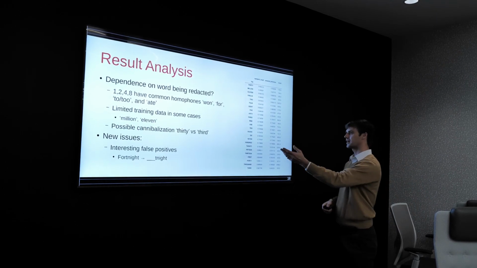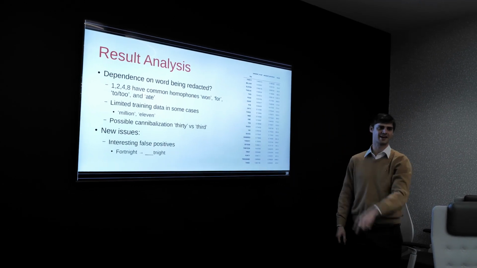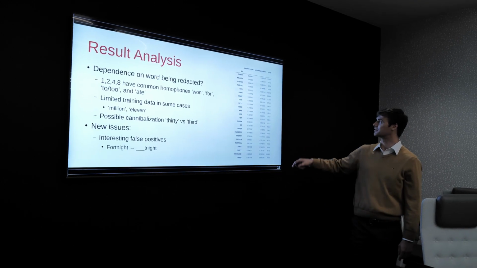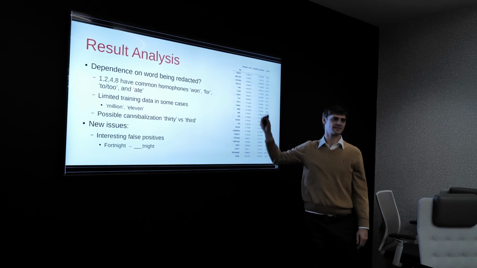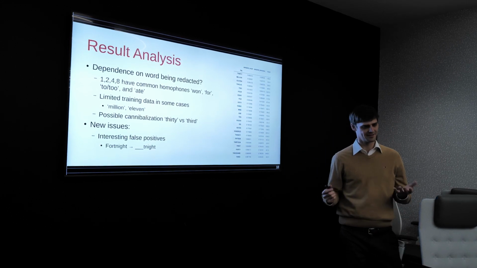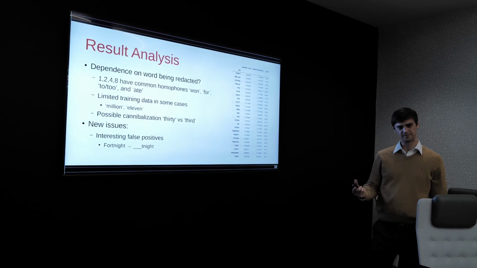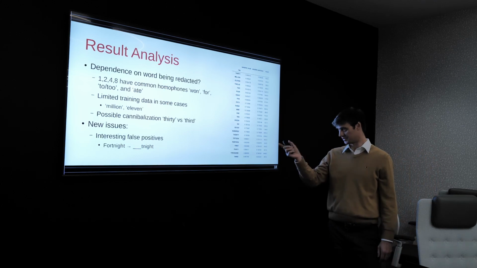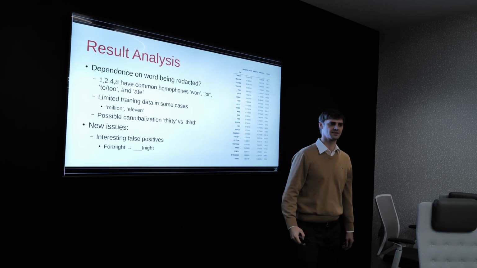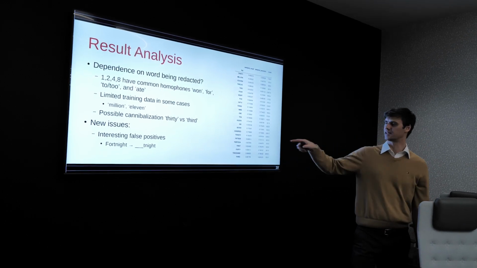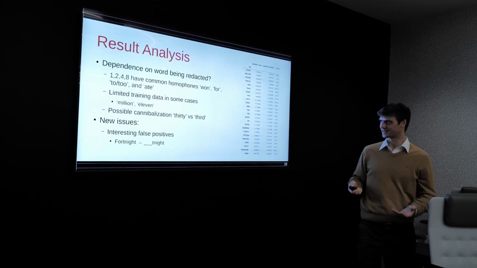I also wonder about cannibalization, which I would say like third and 30, and notably on the opposite side of this accuracy, what we call the precision scale here. Third is very nearly a subset of 30, so that could be a factor as well. The other thing that I found that was interesting was Fortnite. I noticed a few examples like this became censored, became nice. And that tells me something.